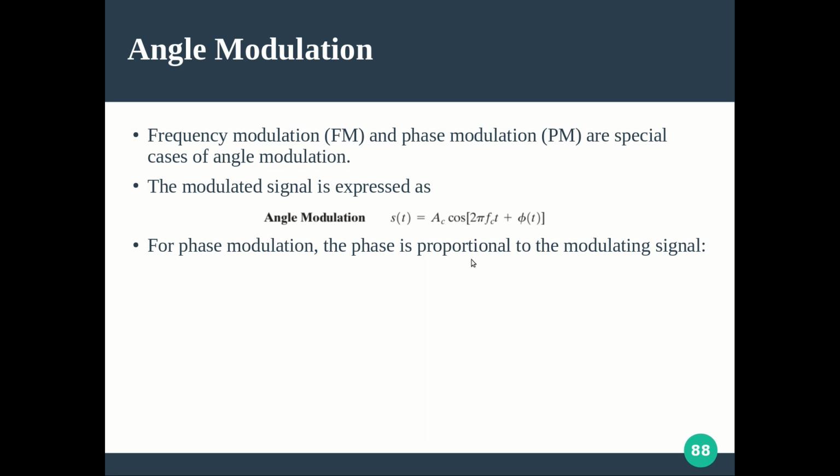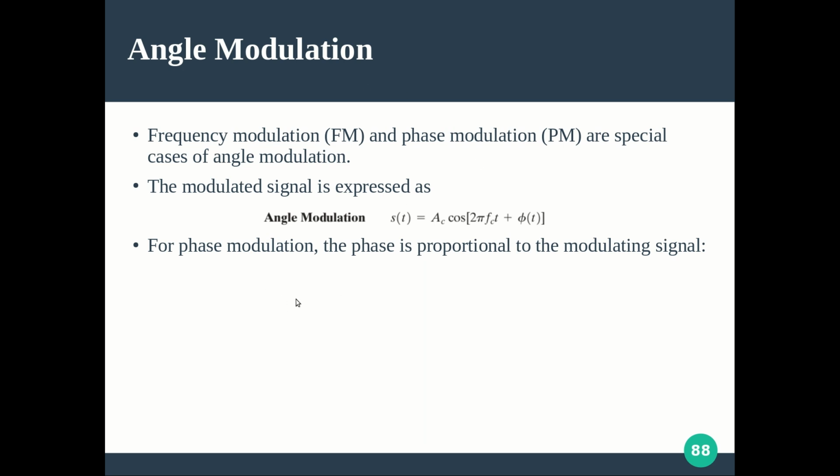In this definition, they are relating the amplitude of the modulating signal with the phase. But in the diagram we saw the amplitude of the modulating signal related to the frequency. So that is why for frequency modulation, the frequency change is proportional to the amplitude variation of the signal, and for phase modulation it is proportional to the derivative of the amplitude of the signal.